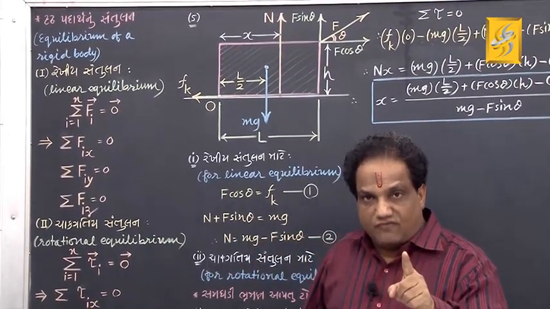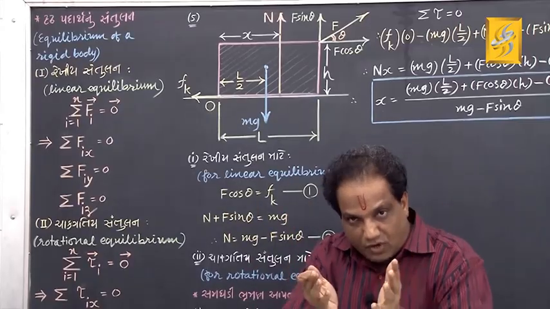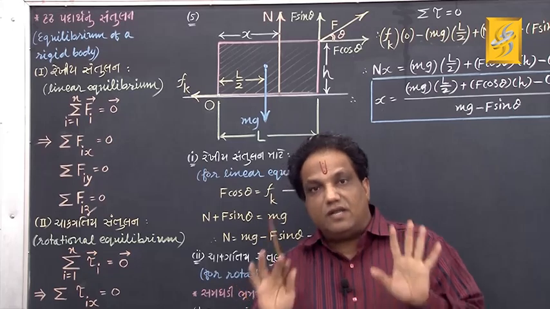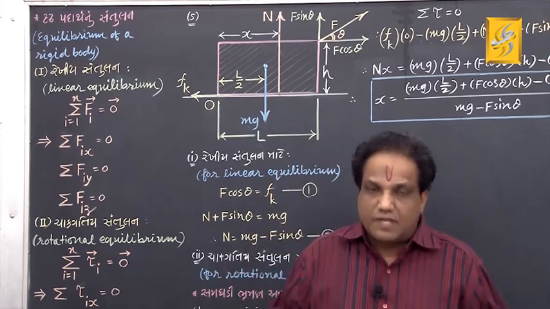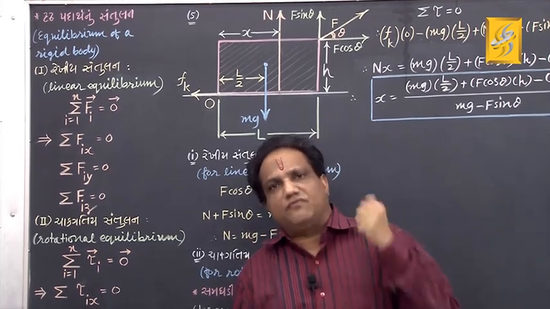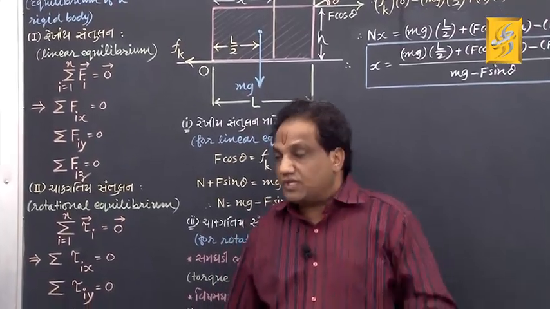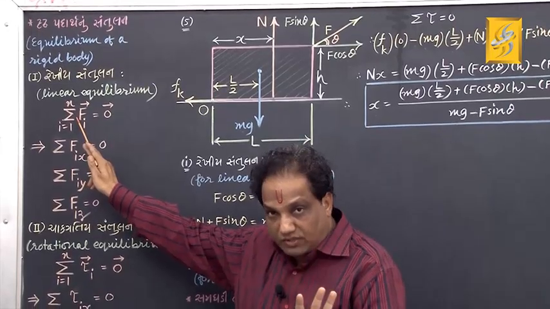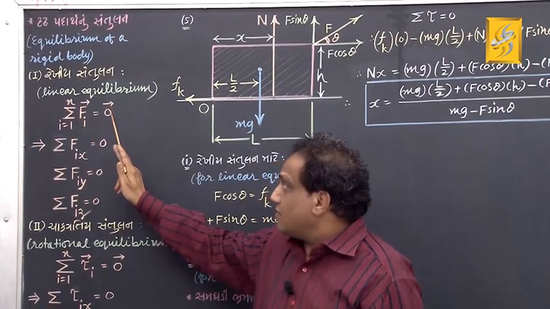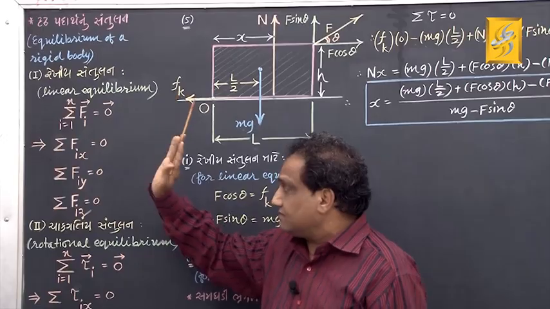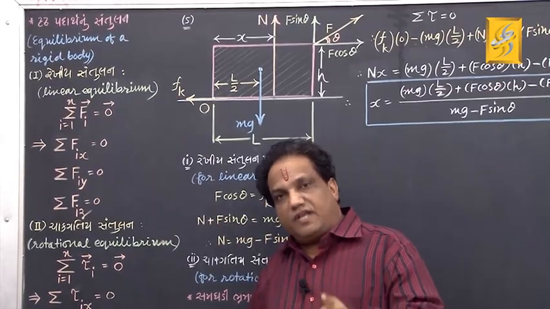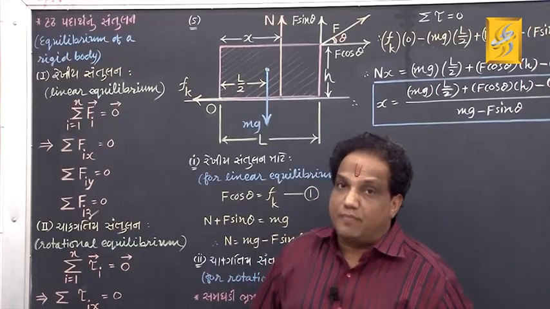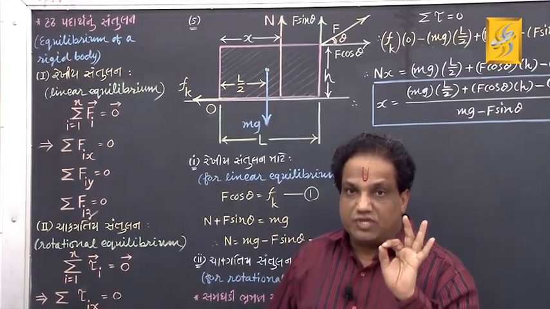Whenever the resultant force exerted on a given rigid body is 0, it is said to be under linear equilibrium. But whenever the resultant force is 0, it means the vector addition of all the forces exerted on that rigid body must come out to be a 0 vector. And whenever any vector is a 0 vector, then all its three mutually perpendicular components must be 0 at